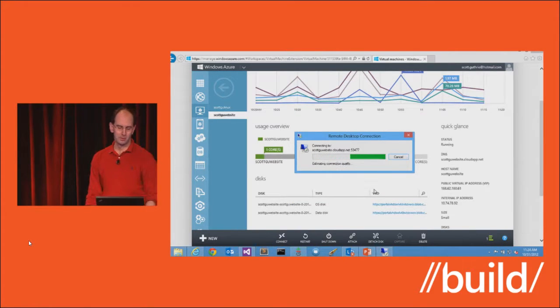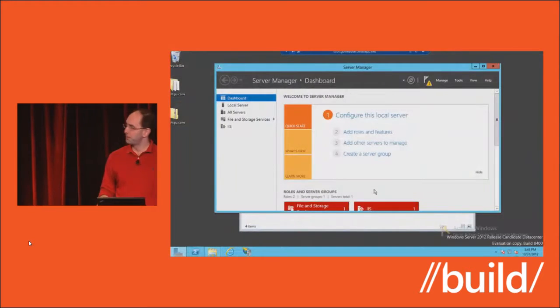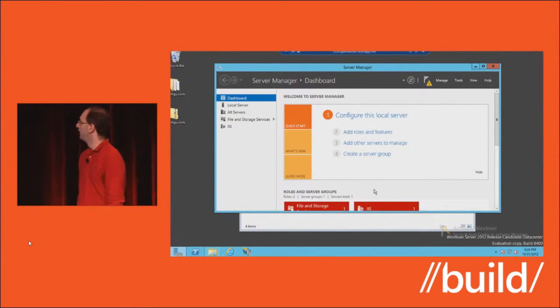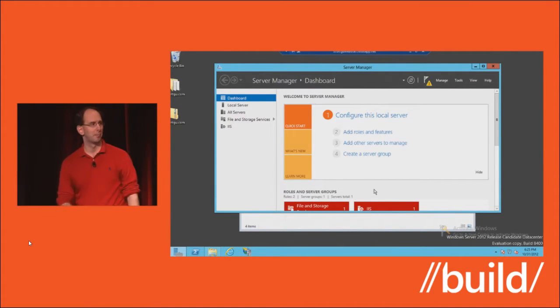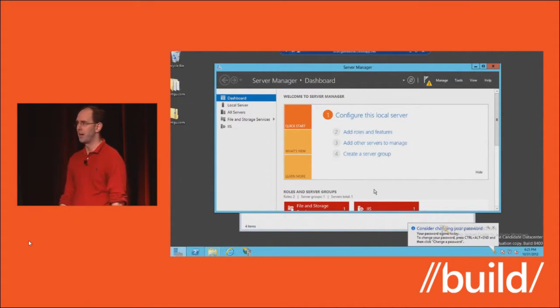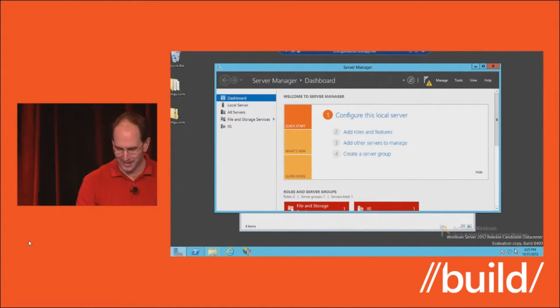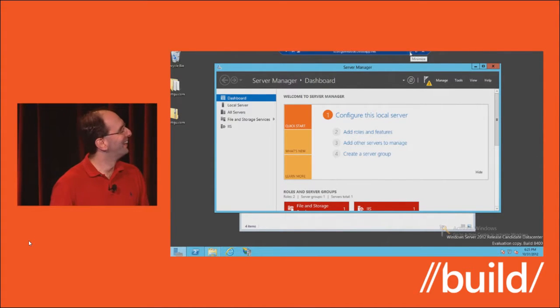And when I do, this is running in the East region of the US. Bam, I'm now logged in as an administrator on my machine. And so I have full admin access, and right now I just have IIS stood up, and I'm hosting my site on top of it. And I need to activate my copy of Windows, but apparently.